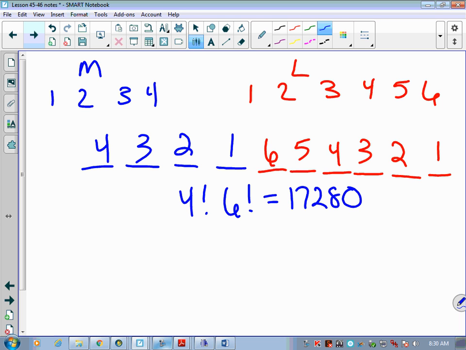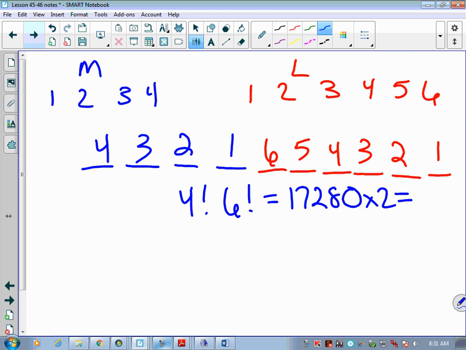Could I have put the lit books first and the math books second? And would that change the number of ways I could order them? Yeah, it would. We're saying how many different ways I could order them, right? So there are 4 books that could go here if I put math books first. So what I'm saying is that we can double the ways that we do this,